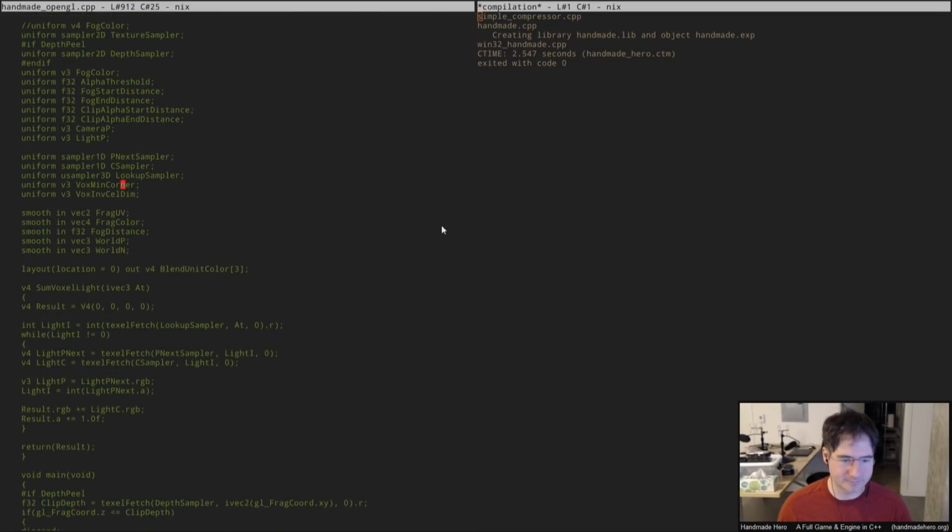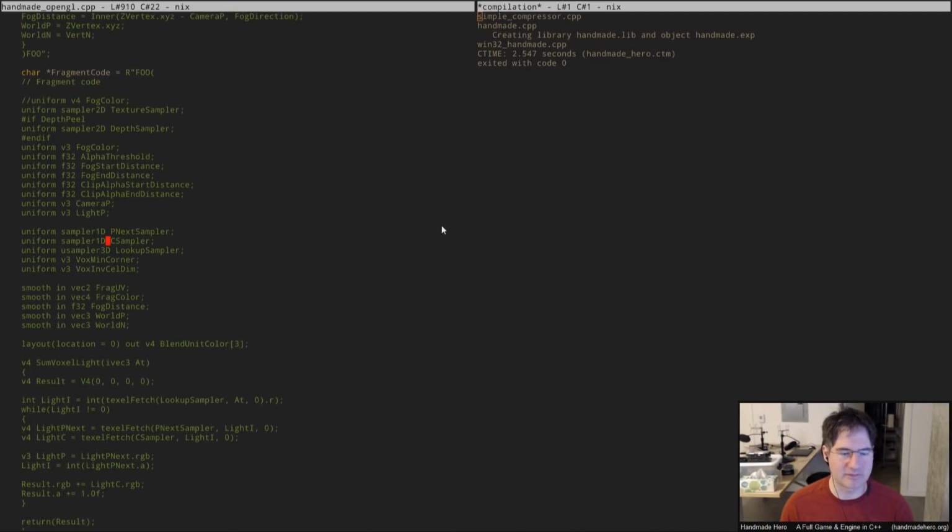Okay, so first of all, we're getting a bunch of information here and we're not using it. We have a light P value, which is where the light is supposed to be, where this emission value is coming from. And then we have a light C value, which is the color of the light, and we're just using it. But what we did not do is actually see whether or not our particular surface, which we do know what it is, right? Because we have sent down, as part of this, the world normal and the world position in question. So we know where we are and we know what direction our surface is pointing. So we should be able to actually sample this lighting in a more